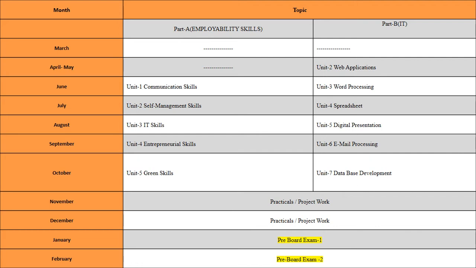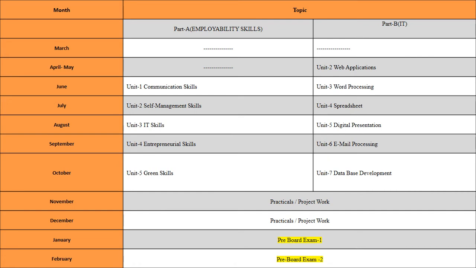These chapters you have already studied, and the new thing here is the different skills. These are also very easy for you. Communication skills means what methods we have to follow and the different types of communication. Then self-management skills, and information technology, again the basics of IT. Entrepreneurial skills means nothing but business skills. So these different types of skills you are going to study in this session 2021.